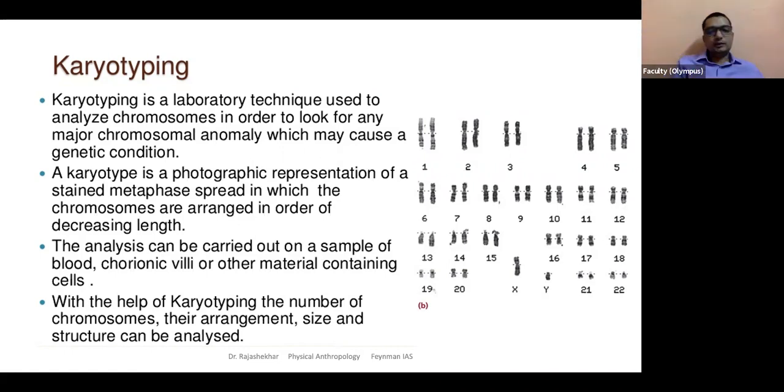So are you with me on this? Can you briefly explain if they ask you to write a short note on karyotyping? What is karyotyping? What is the principle? The principle, we learned, is that we create specific patterns for each chromosome set by staining them so that it is easier to pair or organize them. And how are we organizing? There are certain rules for this. You organize in descending order. The largest ones will be on the top, the smallest at the bottom. And first you organize the autosomes, then the allosomes.